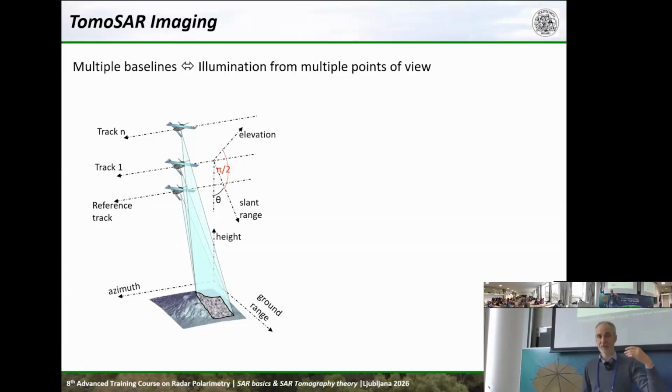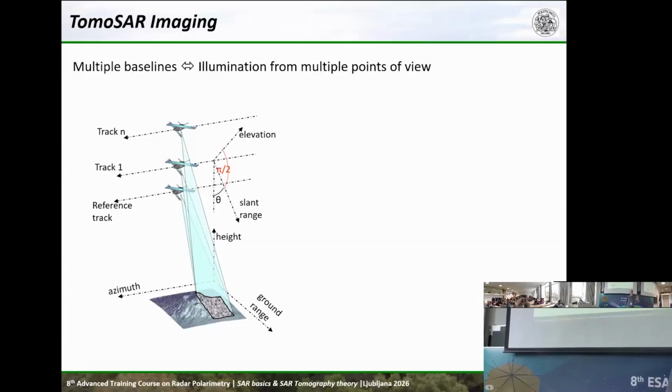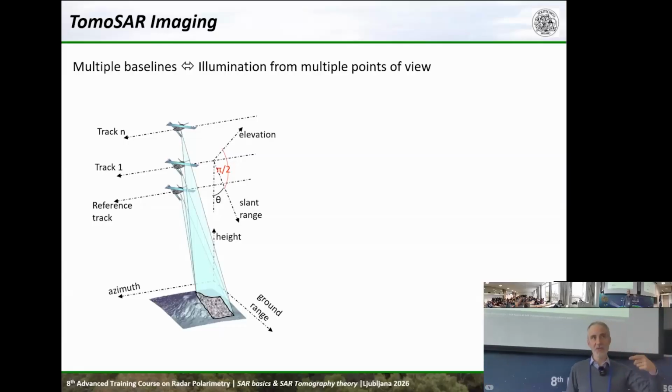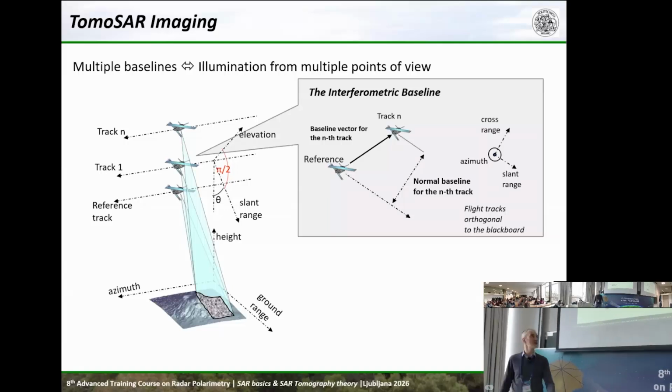Biomass orbits are set in such a way as to illuminate the same areas with 7 consecutive passes every 3 days, and it changes its orbit just a little bit so that you have data from slightly different points of view. In jargon, we say that this is an interferometric baseline, which is a jargon to say